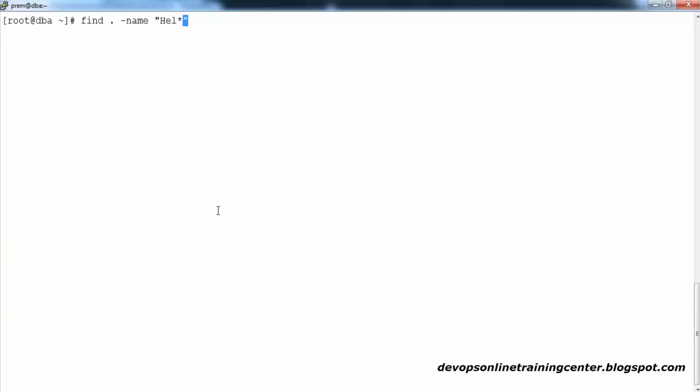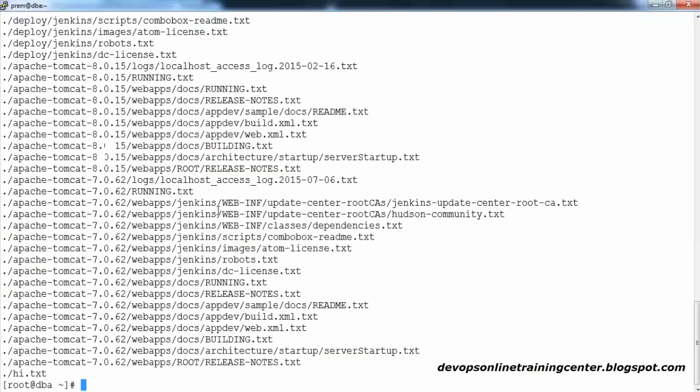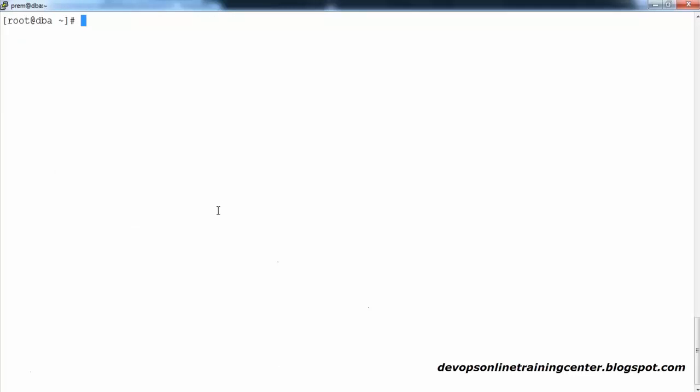And if you want something like, I wanted to search for the files which end with txt, in other words, I wanted to know all the text files. Simple question. You can just do this kind of pattern search. So these are all the text files you have. Nothing but the file name can be anything, but the extension should be .txt. So this is how find will be useful for you in your day-to-day life.